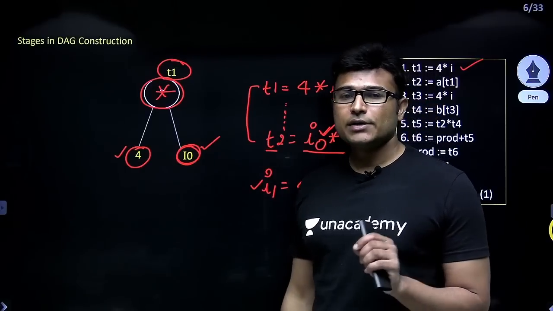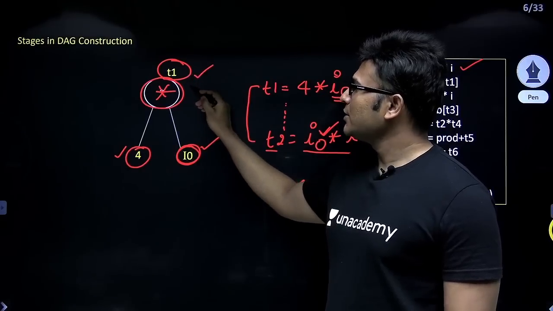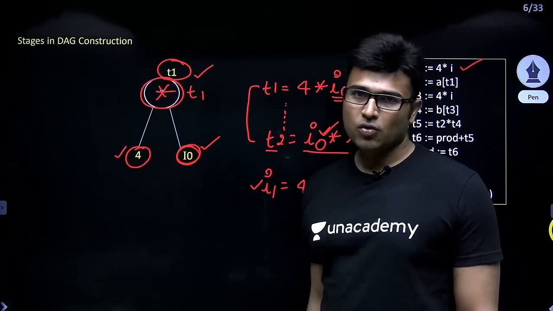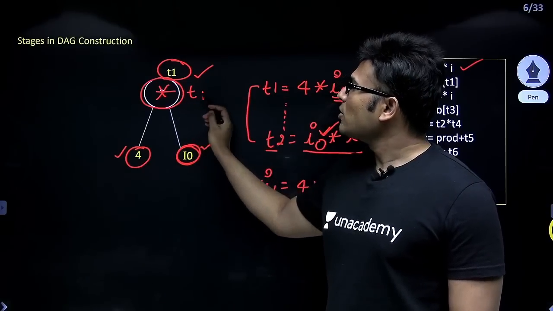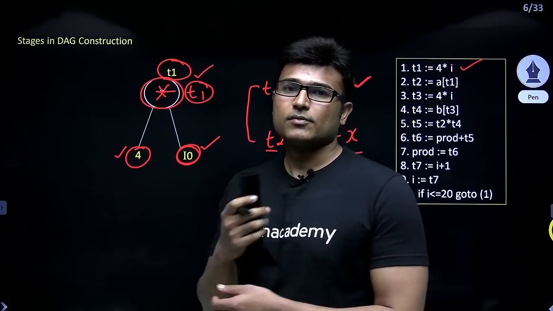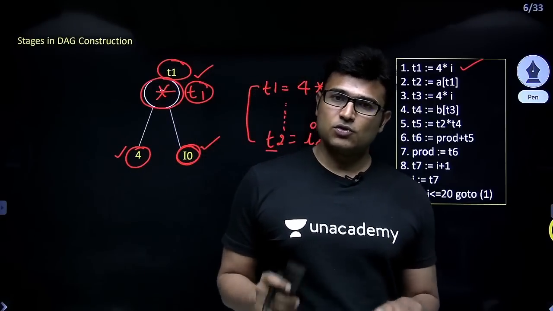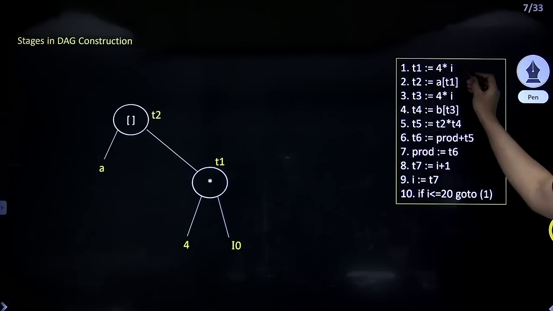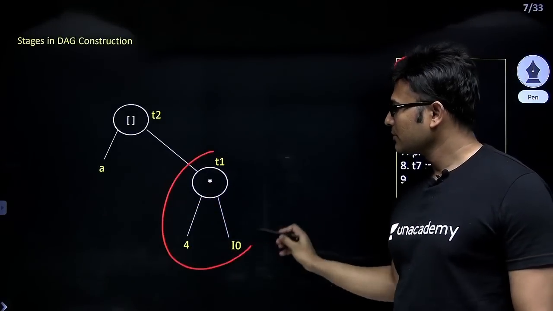So whenever the left hand side of a statement is given, I am just going to give that left hand side as the tag. So this is called a tag. This is the internal node, these are the leaves, and to the internal node I am giving a tag. So what is the tag here? T1. Are you getting this? Even if you don't understand it, we have a lot of examples, so these points will be clear.